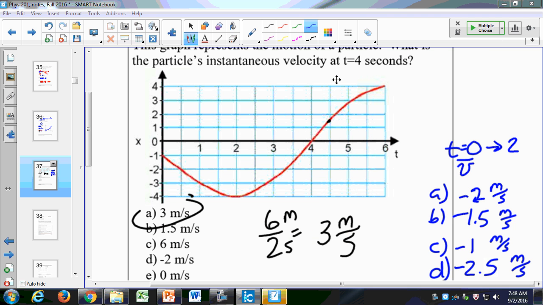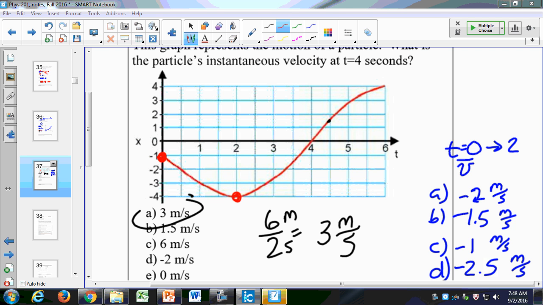Going from t equals 0 to 2, just like we did before. We're going from t equals 0 to t equals 2. Now, you should know right off, looking at this, the answer has to be positive or negative? Negative. That doesn't really help you since all the options are negative, but often in a multiple choice question, you'll have some that are positive. So here, between 0 and 2,